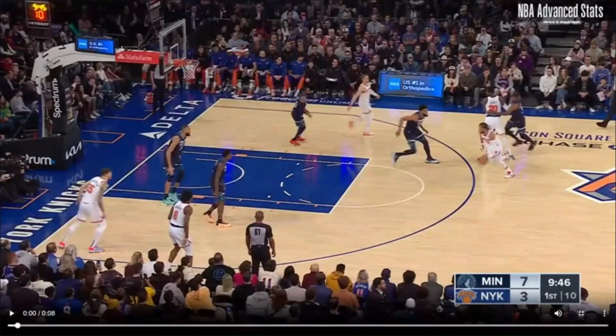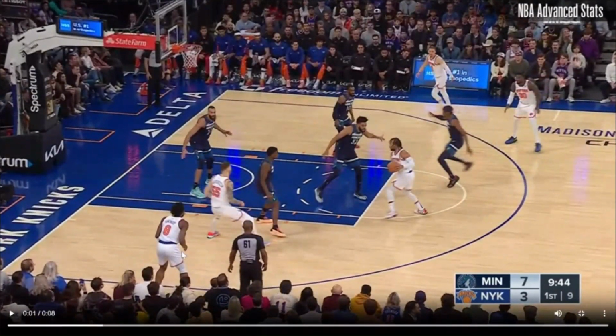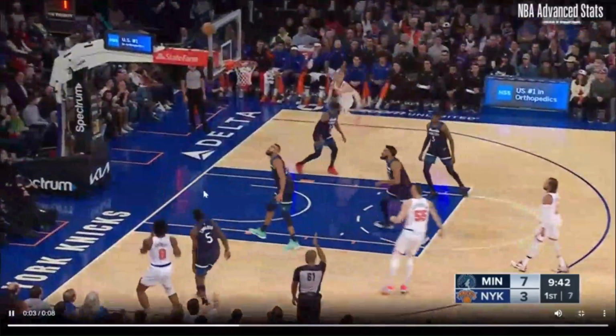All right, so this play obviously has a little bit more to do with Hartenstein, Brunson, and OG's corner three ability rather than his off-ball movement. But it is something I said I'd talk about earlier in the video, and I'd just like to discuss it a little bit more. So you're going to see on this play, Brunson comes down, Hartenstein comes up, and in case you missed it, signals for the OG pass, pins down Anthony Edwards,